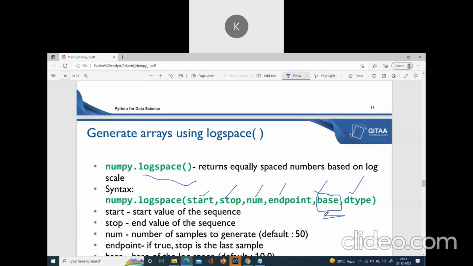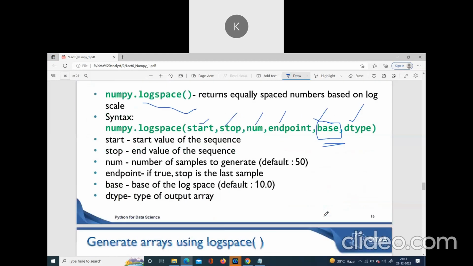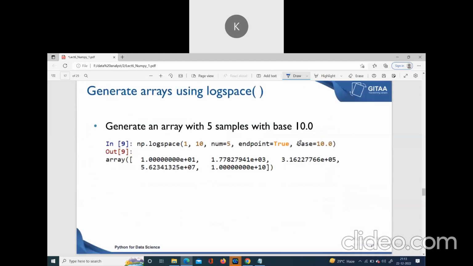It can be base 2 or any base we provide, similar to linspace. For example, base 10, 1 to 10 with 5 samples with base 10. That means log 1 to the base 10, next log 2 to the base 10, finally log 10 to the base 10. Those values are displayed here. Okay, that is about